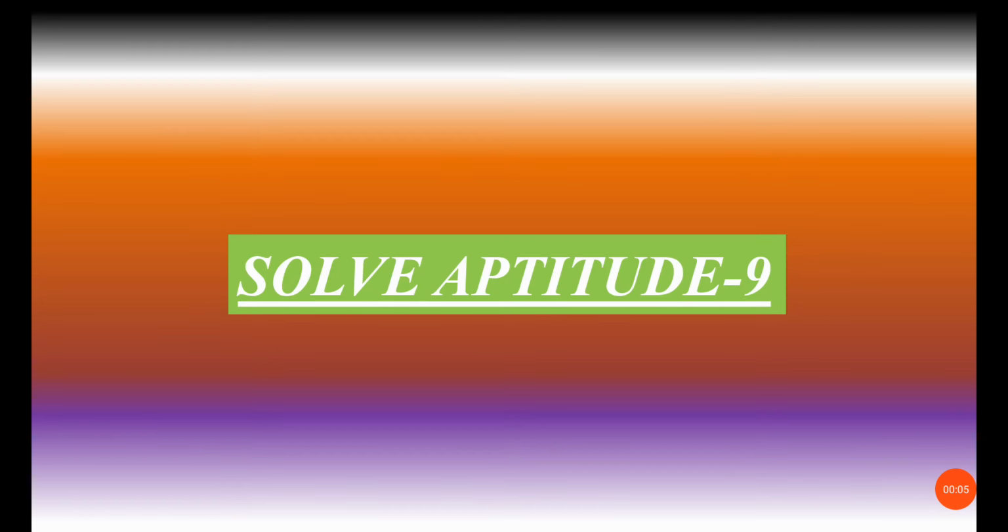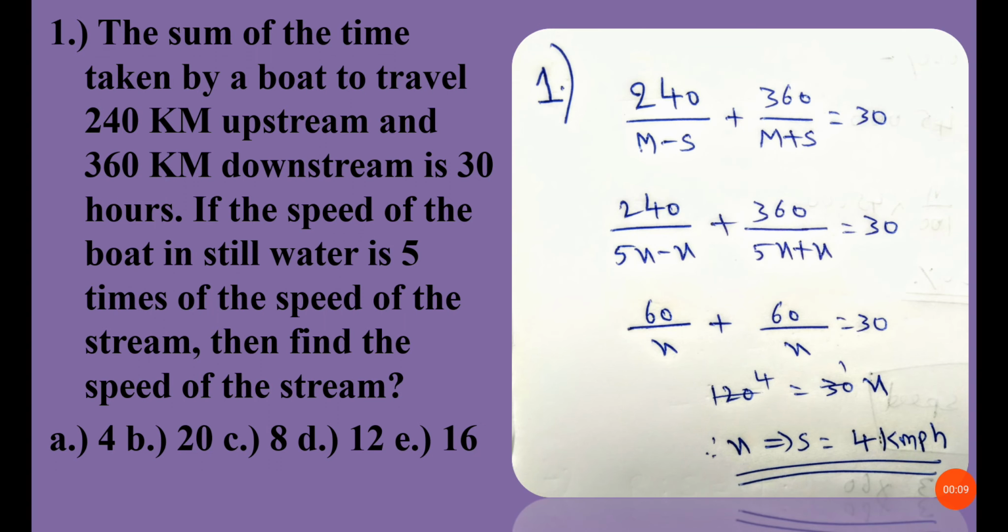In this video, we are going to discuss some aptitude problems and solutions. Let's get started. The first problem is the sum of the time taken by a boat to travel 240 km upstream and 360 km downstream is 30 hours. If the speed of the boat in still water is 5 times the speed of the stream, then find the